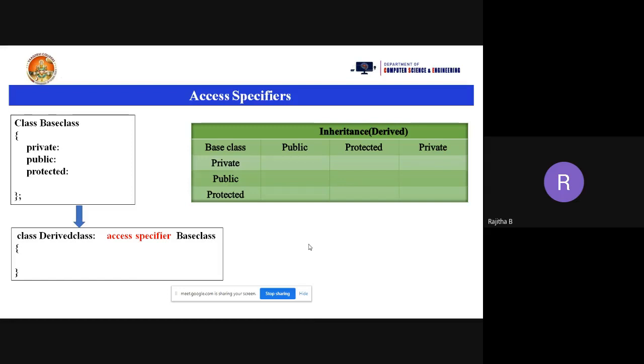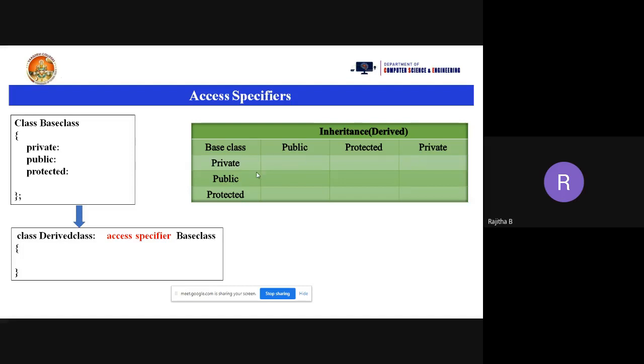Okay, is my screen visible? Yes, ma'am. Now you can see here. Suppose the base class consists of private, protected and public members. Now suppose in red color I'm using the public access specifier. What happens when you use public? Whether you use the public, protected or private access specifier in place of the red color, you cannot inherit the private data members into the other class. Private means secure; only within that class can we access it. We cannot inherit those properties into the other class.